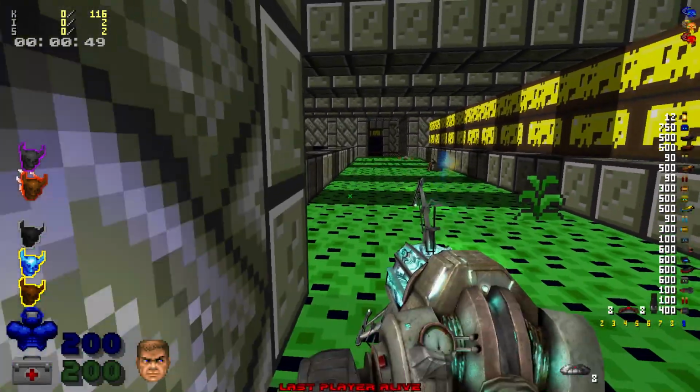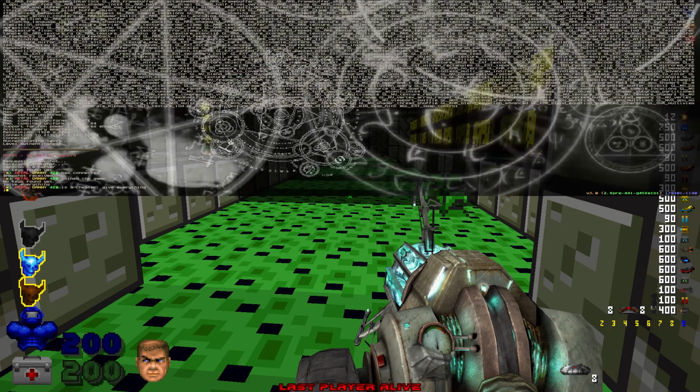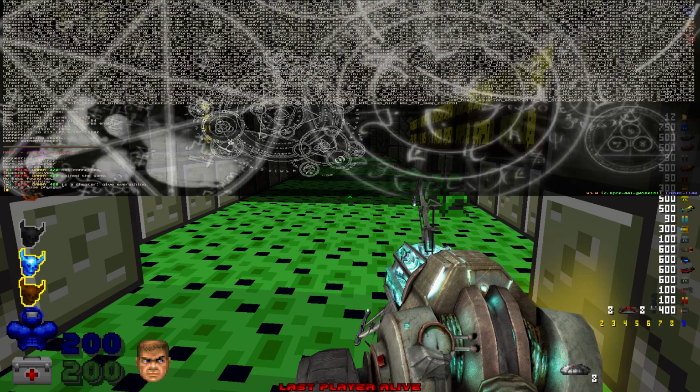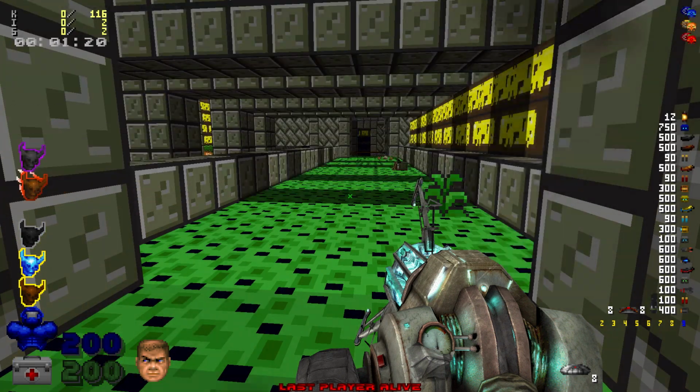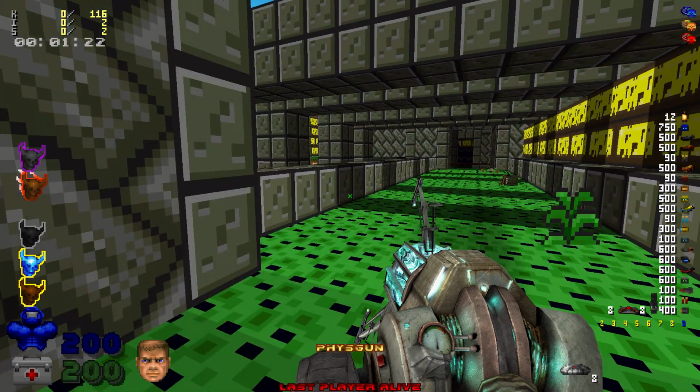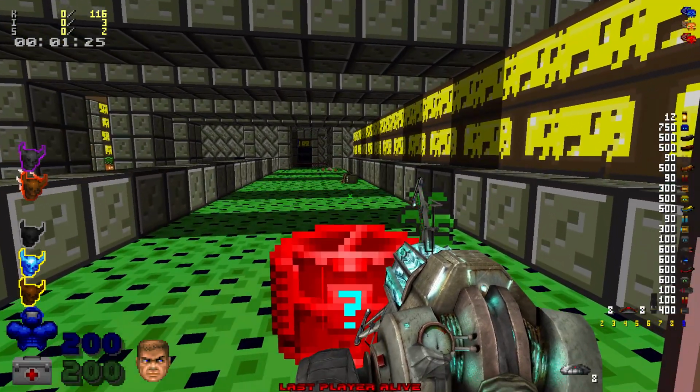Very fun. To do the binding weapon thing, I'll quickly show it. Because it's really annoying not being able to use the add-ons you have in. Type bind, then space, Q, space, then the brackets, then type use, in this case the name of the actor, Physgun, so use space Physgun, then the brackets again, enter, and this way it's now bound. So that's how I do it, and it's very convenient.